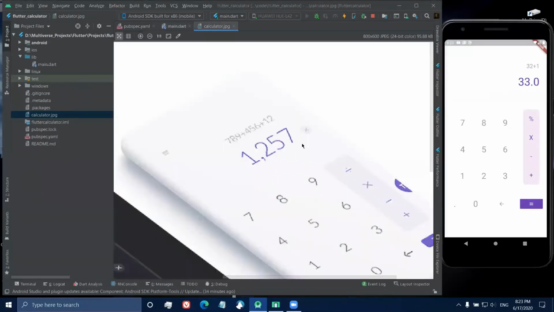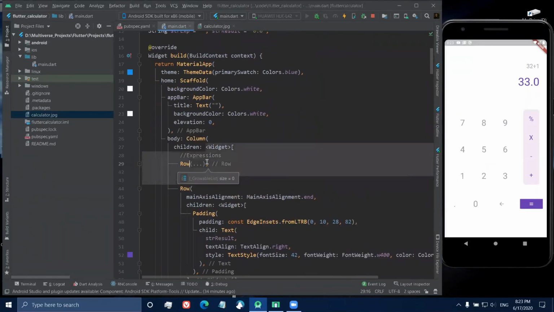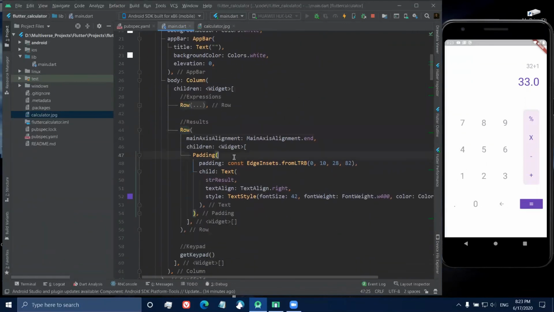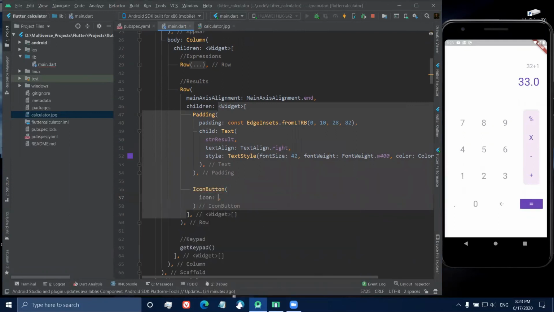One more thing in the app is you can see that there is a small clear button here. So we'll go ahead and quickly do that. The first is expression, second is results. In the results, after the text, I want the button, right? So here I'll need to define it. Here I'll say icon button. I'll say icon and